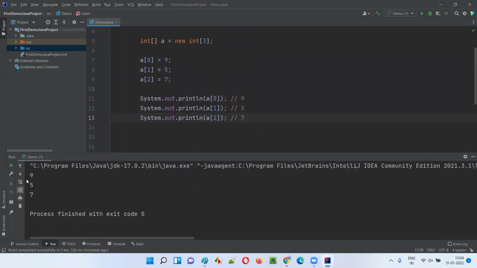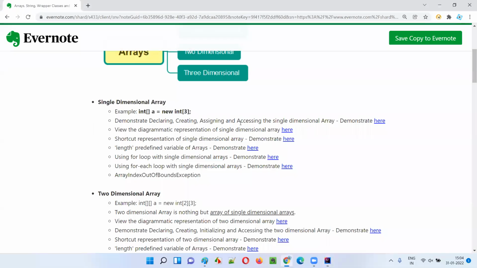9, 5, 7 should be printed, guys. Okay, 9, 5, and 7 got printed in the output. Fine. So this is a way to access the values that are stored in the single dimensional array. Okay. Now,